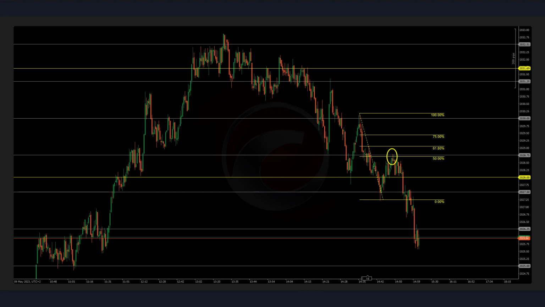Yes, we see some sort of mess at this level, and that's what put me off doing live trading, because 2028 is a key level. It was relevant right before that, but still we're still in a very bearish